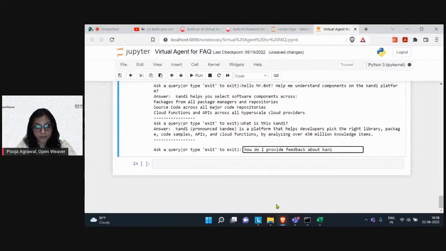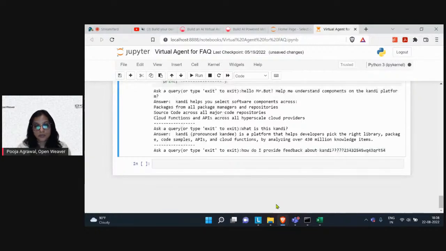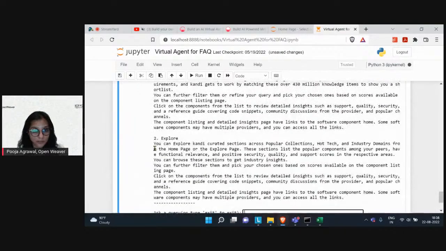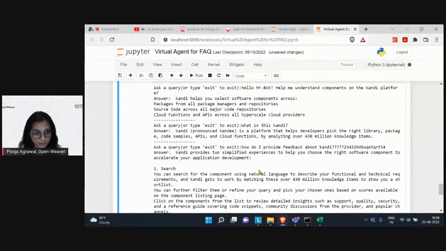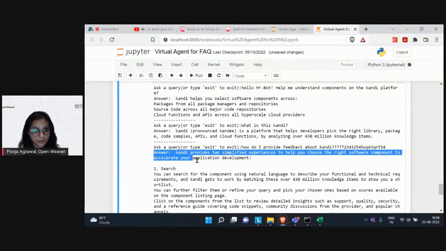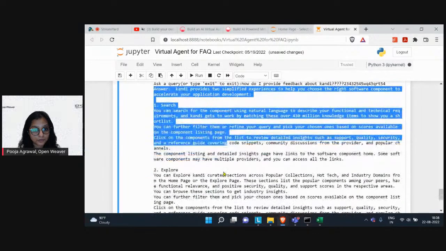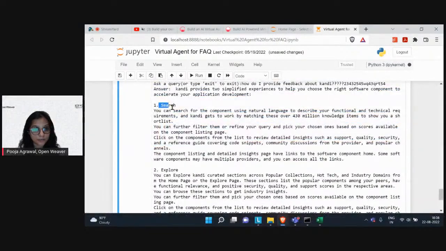This is not what is written there, right? Still it will try to give me an answer. Okay, that's a bigger one. This is the question, and if you see, this is the answer. It is saying that you have one is a search feature and another is an explore feature.